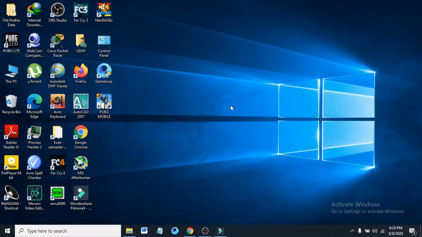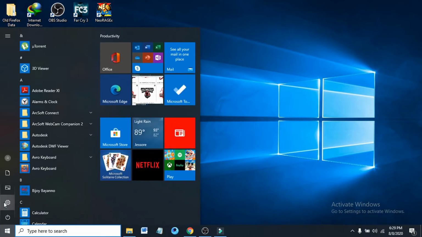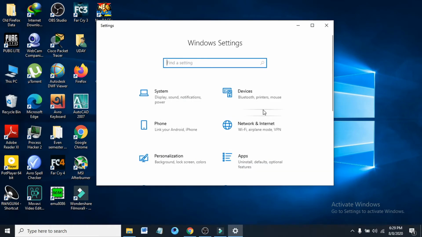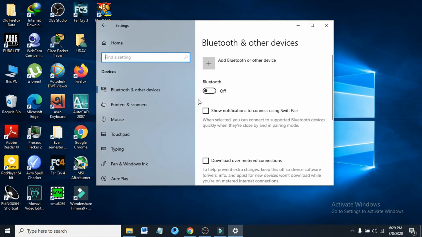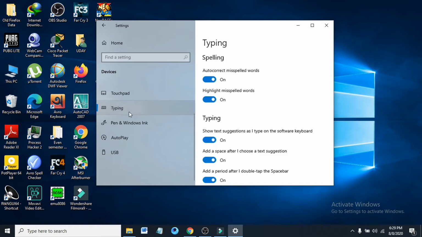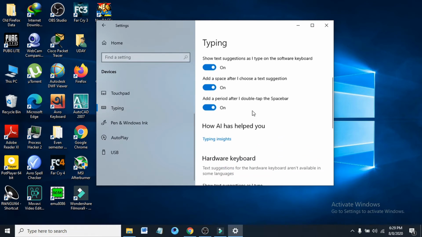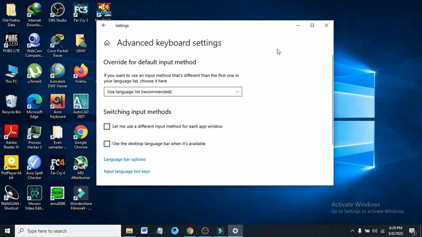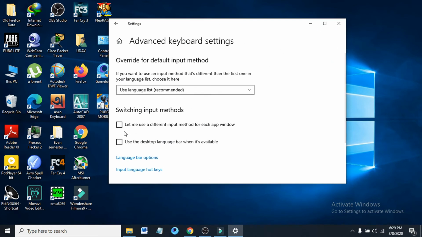So to enable or disable it, first you just have to go to the start menu and open the settings option here. After opening the settings option, you just have to go to the devices option here. Then on the left here you have to choose the typing option, and you have to scroll down and choose the advanced keyboard settings. After opening the advanced keyboard settings, you can see there's an option called let me use a different input method